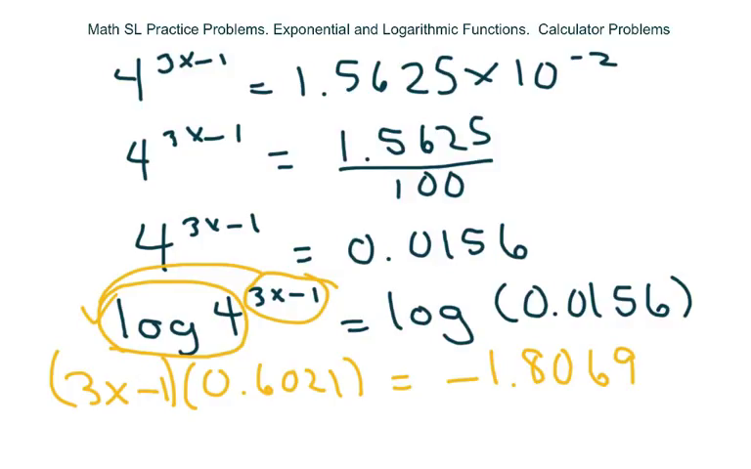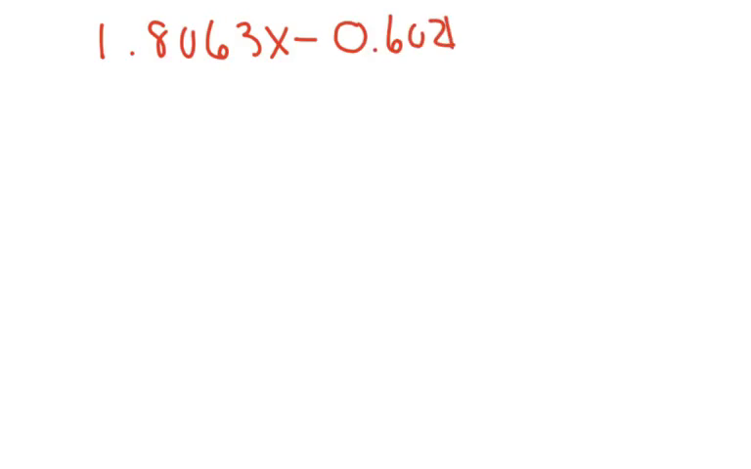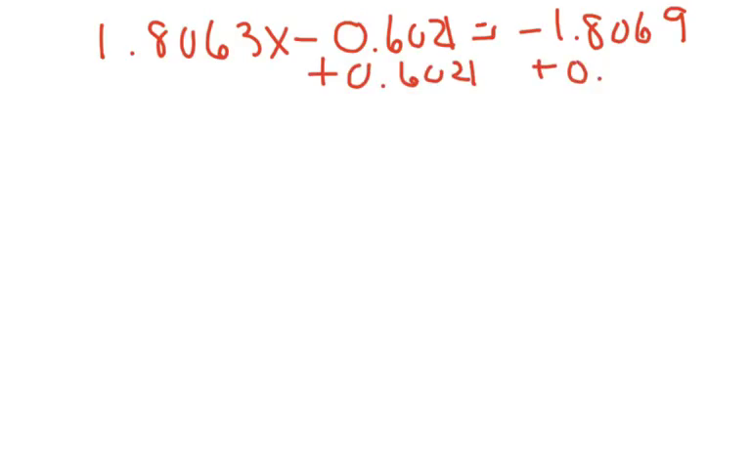Next I'm going to distribute here and there. When I did that, I got 1.8063x minus 0.6021 equals negative 1.8069. I added this to both sides. Again, you get to use a calculator. So you get